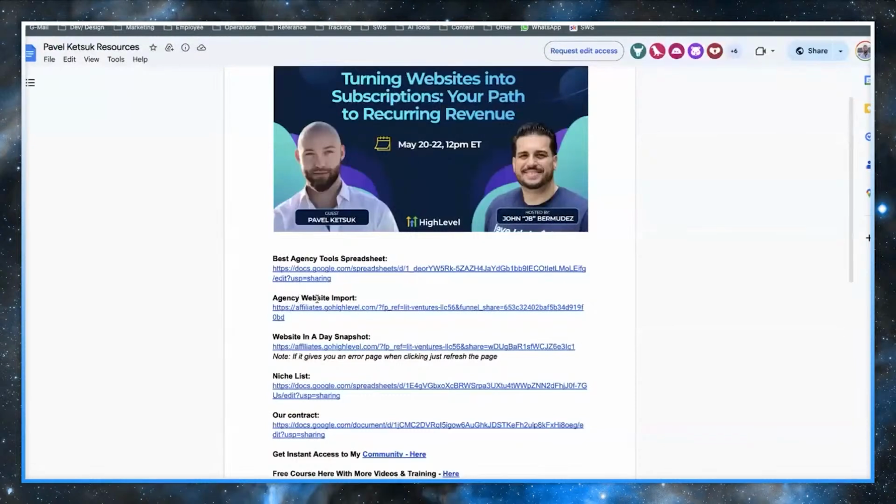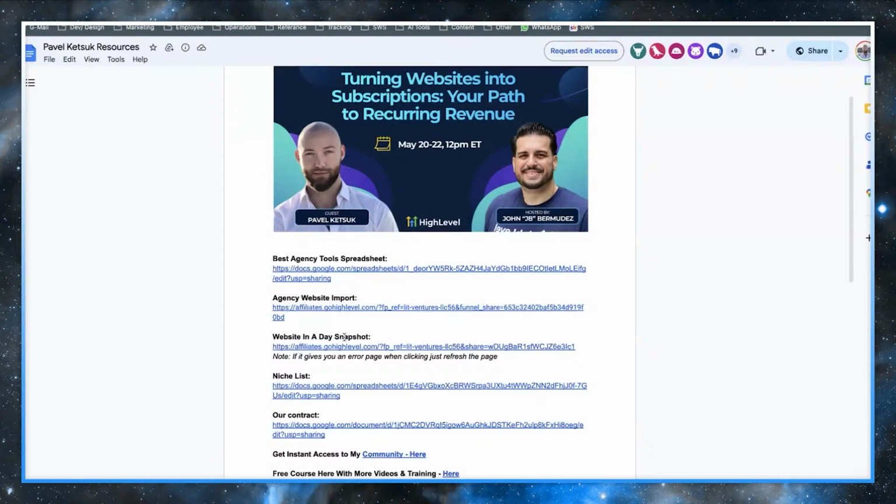Next, we have the agency website import. Earlier I showed you a good agency website that you can use. This one is available for everyone. You can go in, import this agency into your business and just use it. You'll have to replace the content, but it's all completely yours. You have a field there where you can put examples and case studies and everything else. For our affiliates, if you are an affiliate watching this, I see some of my community members in here as well, or people that paid to get access, you guys are going to get this completely built out with all the content and everything.